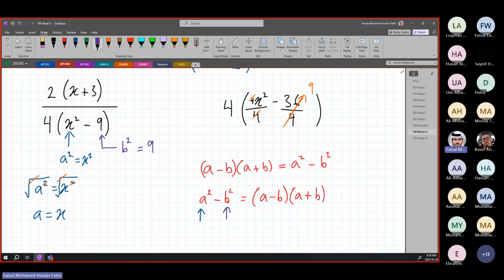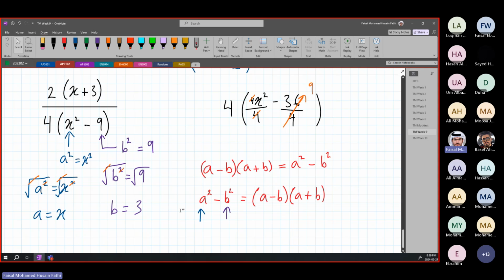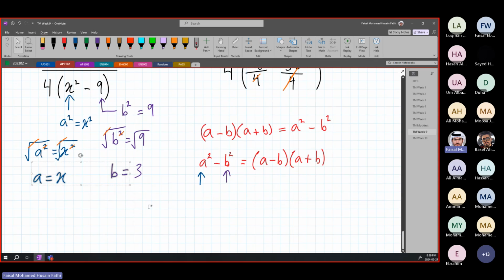Same thing for b. So b squared is equal to 9. We need to cancel the square, so we take the square root of both sides. The square root cancels here, and b is equal to the square root of 9, which is 3. So now we have our values for a and b. But why are we finding these values? Now we can use this formula and substitute our a and b values